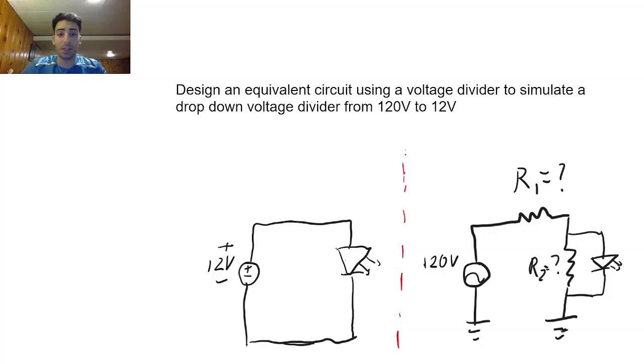Testing ChatGPT's ability to design a voltage divider circuit. What I will try to do is to design an equivalent circuit using a voltage divider to simulate a drop-down voltage from 120 volts to 12 volts. So for example, here I have an LED circuit which was initially battery packed by some DC 12 volts batteries,